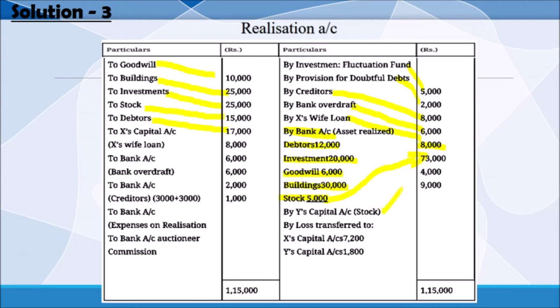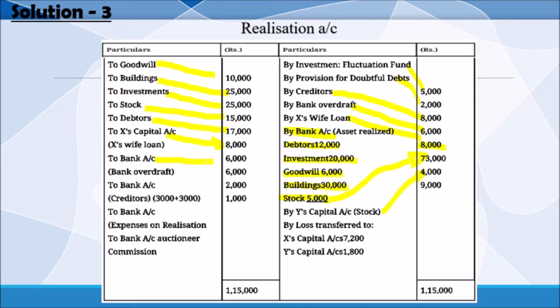And the stock taken over by OI, 4,000. And in the debit side, X settles the ex-wife's loan. So X capital 8,000. The ex-wife's loan is settled by X. And the realized value of different